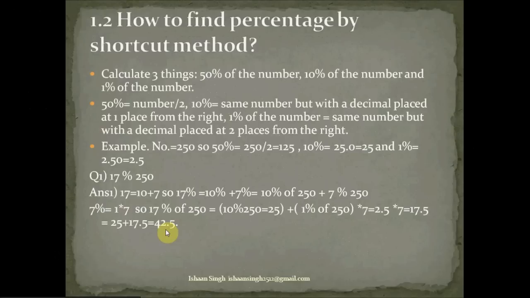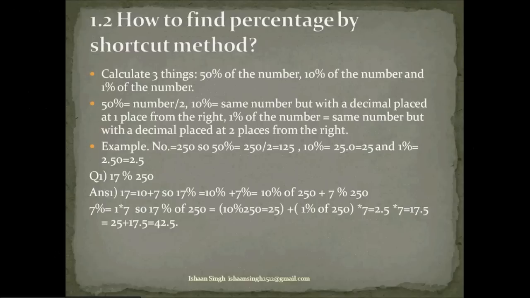The shortcut, it is a shortcut because I have calculated it in a lot of steps, and you can see that it contains a lot of steps, but in general you can just calculate it in your memory. 17% of 250, simply, what is 17% of 250? It is 10% plus 7%. What is 10% of 250? It is 25. What is 7% of 250? Just calculate the 1%, it is 2.5. So 7% will be 2.5 into 7. What is 2.5 into 7? That is 25 sevens, it is 175, so 17.5. Add 25 plus 17.5, you get 42.5. So it is a very good shortcut method. You can just do it in your memory.